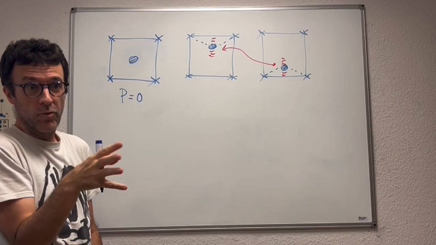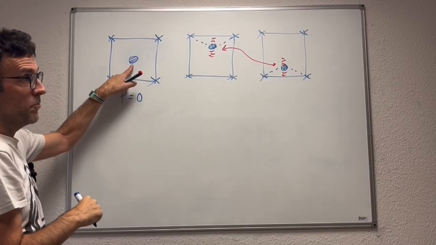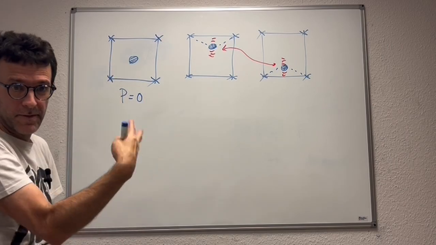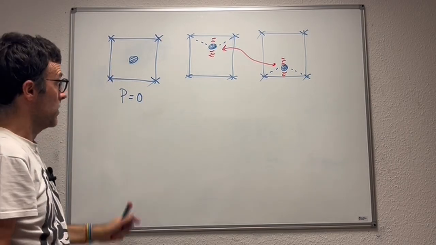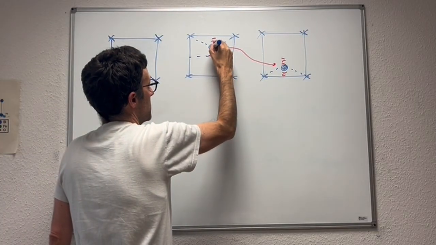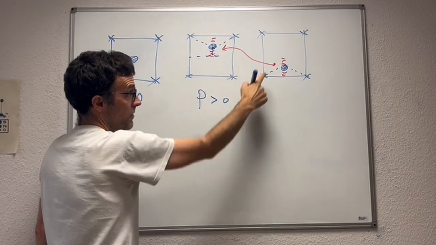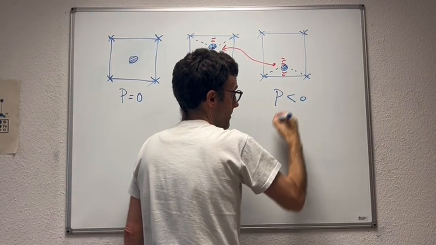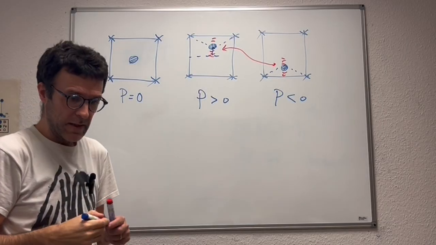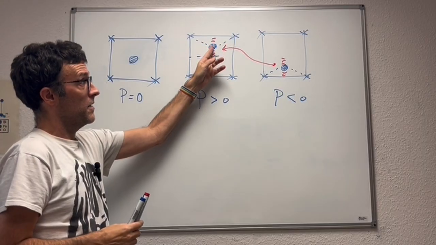I'm calling it P because this will be the polarization essentially. From that point of view, it's more convenient to think, by the way, that the central atom is positive, so that when it moves up, P is positive and all that. Again, not very important. Okay, so here let's say that P, since the central atom has moved up in average, in this state P is positive, and in this state P is negative. Simple enough, right? So in this scenario, if at low temperature I get stuck in either this state or this